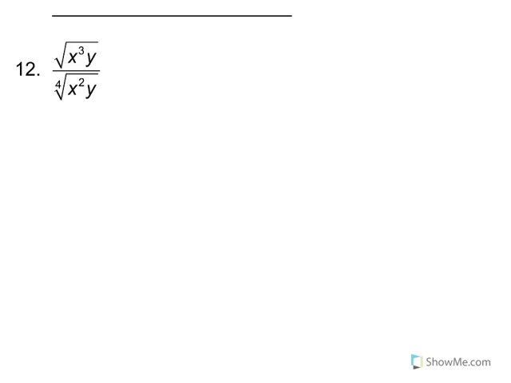Number 12, the directions are to simplify the expression and assume that all variables are positive, and in simplified form, all exponents should be positive, and rationalize any irrational denominators. So the first thing we should do is actually rationalize this, because on the bottom we have a fourth root